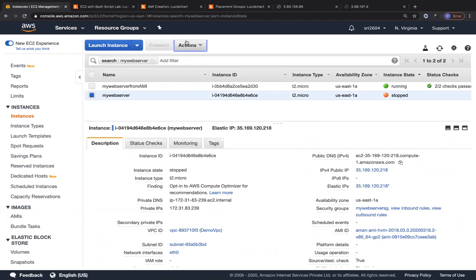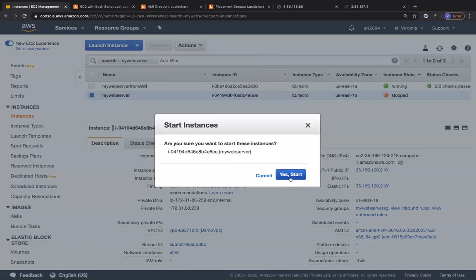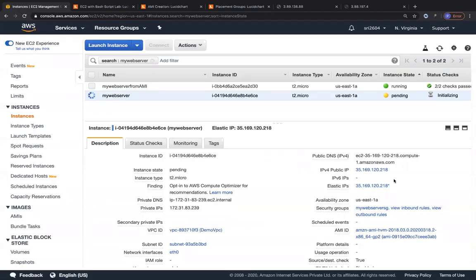Now, if I start this instance, through Instance State, Start, it's going to start automatically. The public IP set through this elastic IP will never be modified. So even if we stop and start My Web Server as many times as we want, this is the elastic IP that is going to be associated with it. But now let's look at one more concept regarding network interfaces and elastic IP. An EC2 instance can have a network interface.